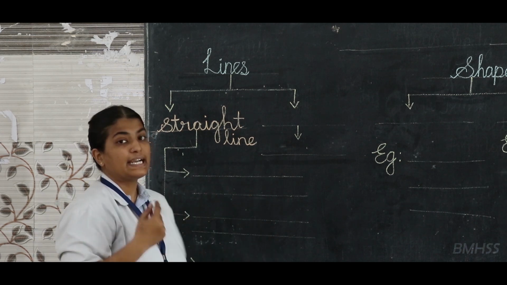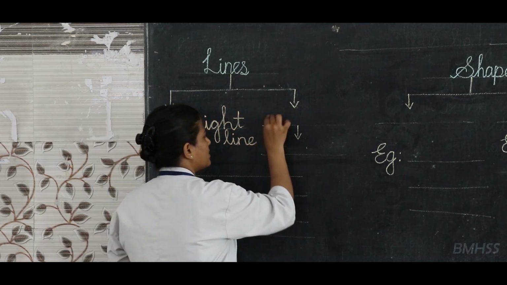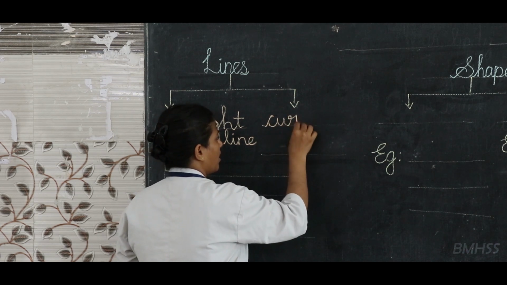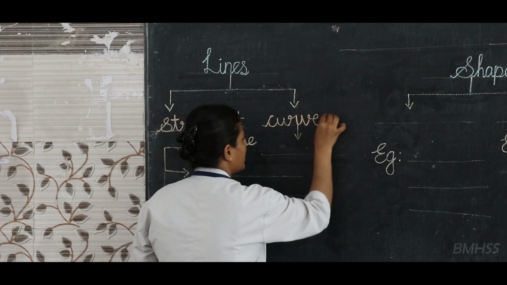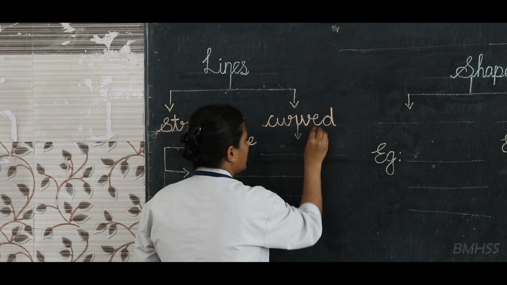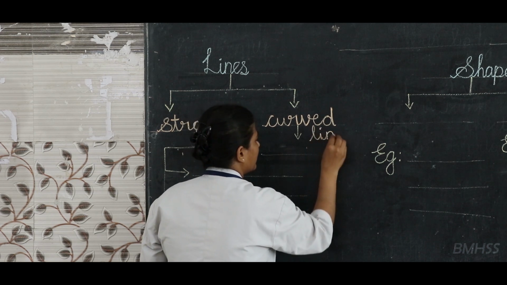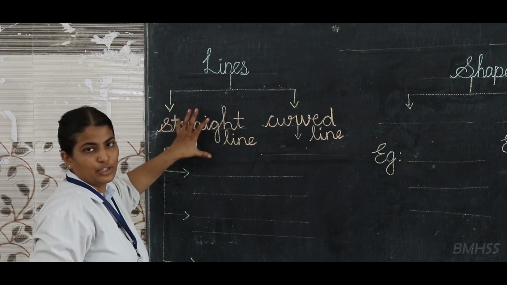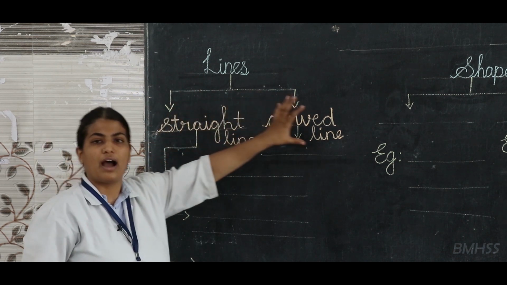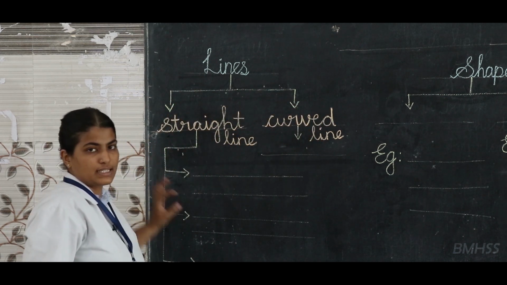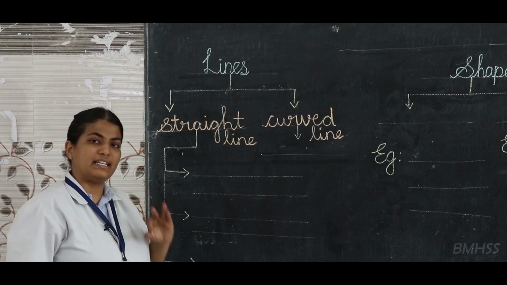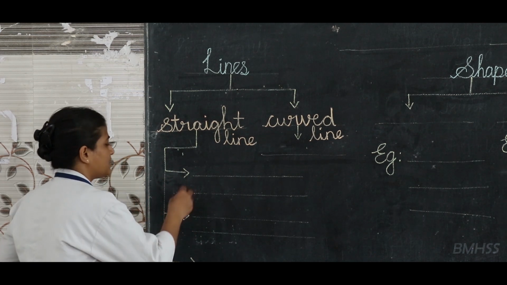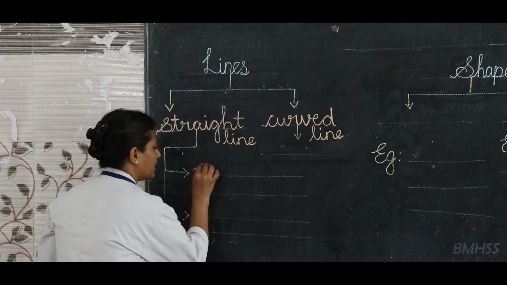Next one is curved line. C, U, R, V, E, D. Curved line, L, I, N, E. So the lines are divided into two major groups, that are straight lines and curved lines. Below the straight lines we have another three types, that is vertical line,